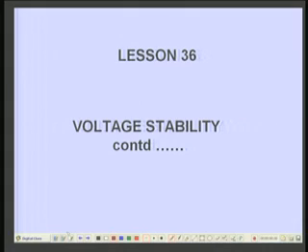Friends, we continue with the study of voltage stability. In the previous lesson, we discussed the basic concept of voltage stability, and I discussed the transmission line characteristic. I have also talked about the VP curves for understanding the voltage stability problem. Then I discussed a problem